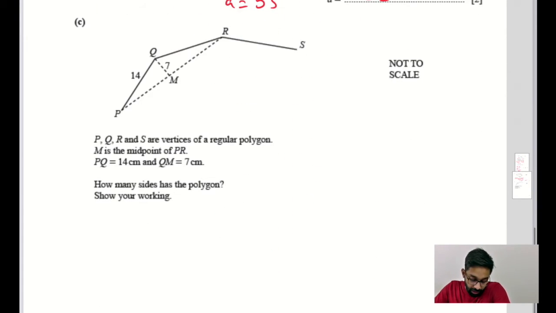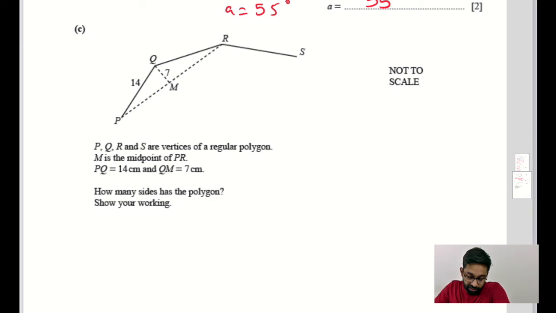Let's move on. The next part, they've given us 3 sides of a regular polygon. P, Q, R and S are vertices of a regular polygon. M is the midpoint of PR. PQ is equal to 14. QM is equal to 7. How many sides has the polygon? Show your working. So, in order to find the number of sides of the polygon, the basic formula is if